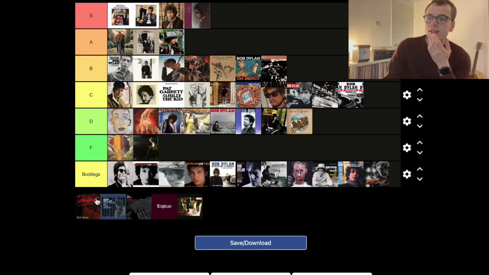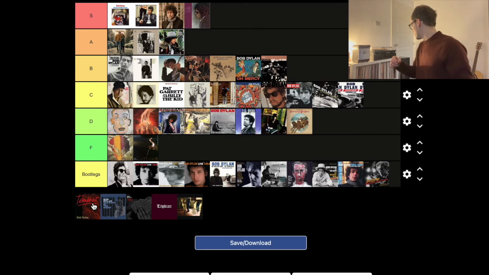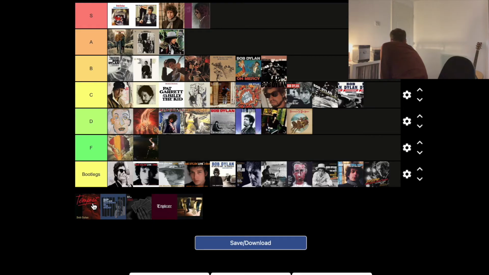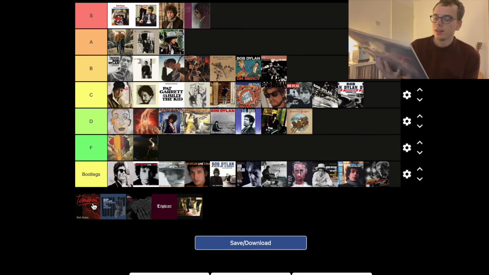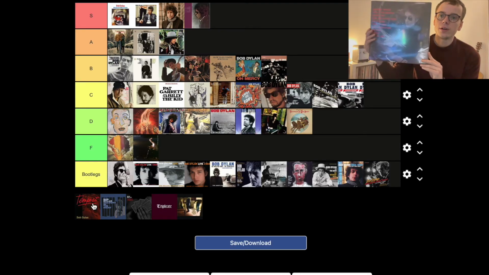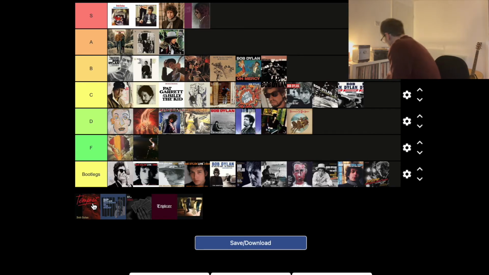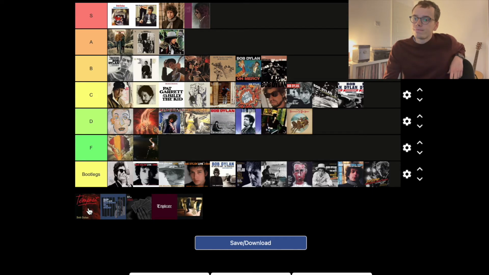Right, we're moving into the final phase now of his discography with Tempest, which again I have on vinyl, which I will pull out. This was the first Dylan album that I bought on release day. I remember buying this the day it came out, and it was a great moment. Having a brand new Dylan album, which was full of original numbers, songs that he'd written himself, which at the time was a rare occurrence. And since 2012, we've only had one more record where he has put out original songs.